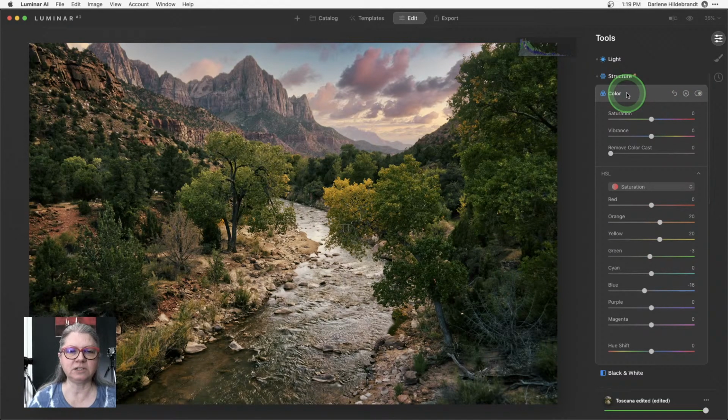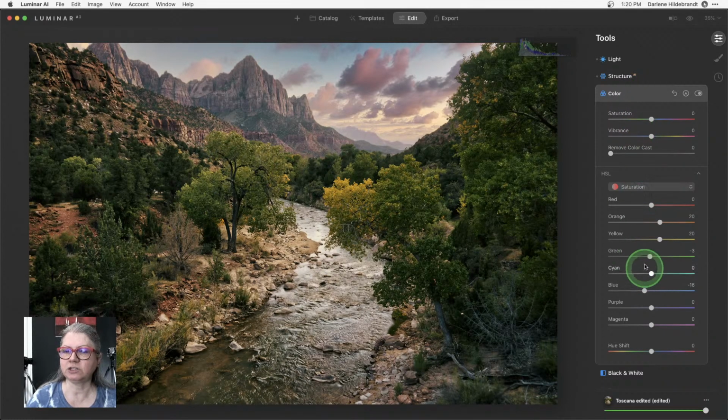So one of the things about editing software in general is that you can do all of these things in Lightroom, except for the sky replacement, and in Photoshop, right? But often they take longer, and you need to really know how to use certain tools in the program, okay? They're generally more complex in Photoshop than what you'll find in Luminar, right? Especially when you get really close with one click, right?